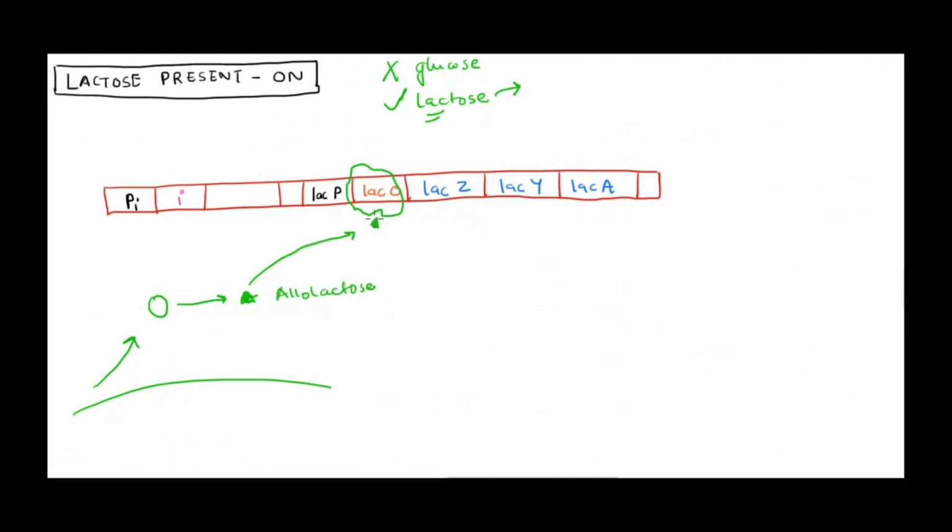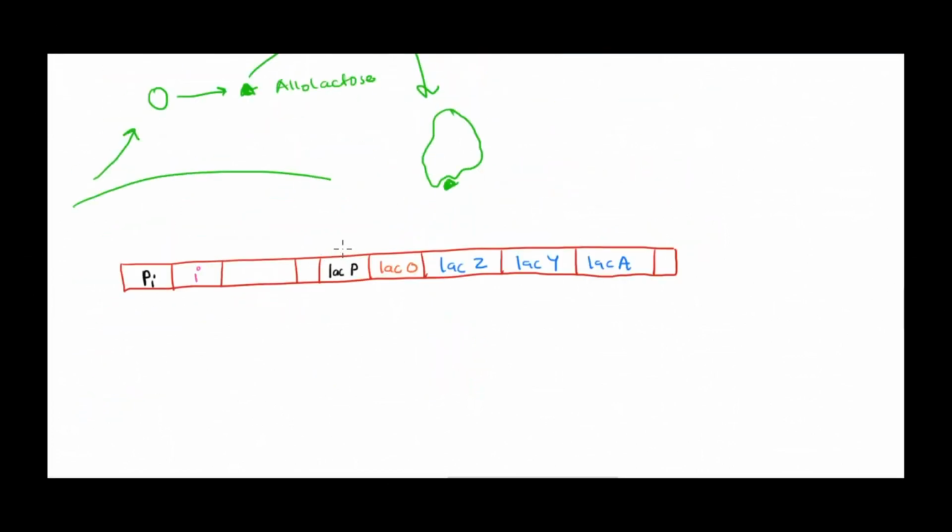The moment allolactose binds to the repressor, it causes a conformational change. The shape will change in a way where it can no more bind to the operator site, so it will fall off. As a result, what will happen now? Now the promoter site is free to be bound by RNA polymerase,